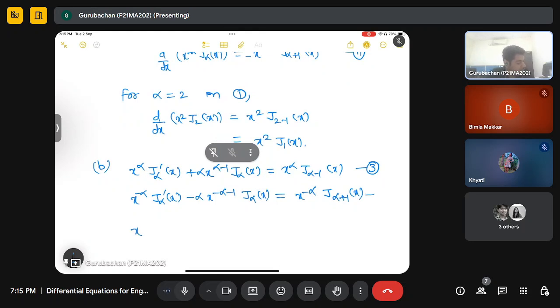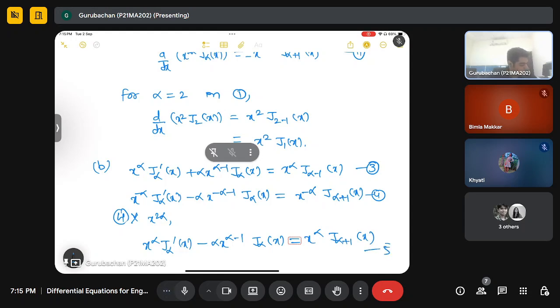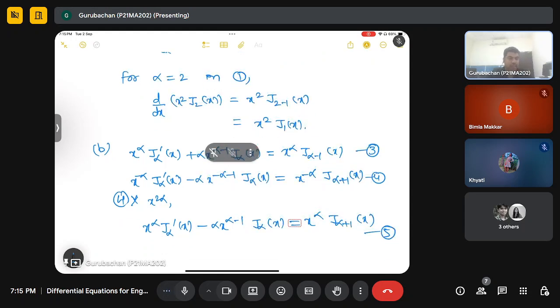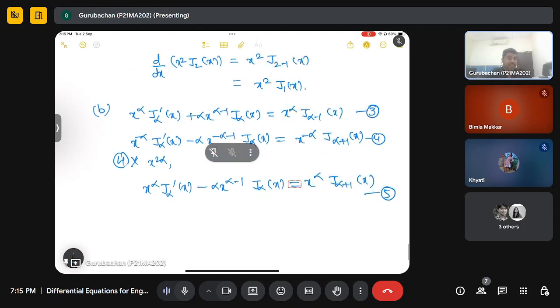you will get equation number 4 multiplied by x to the power 2 alpha. So this will give you x to the power alpha J alpha dash x minus alpha minus 1 J alpha x, x to the power alpha J alpha plus 1 x. I hope it is somewhat clear that for equations 3 and 5, we can add them and take x common in some sense. So you will get